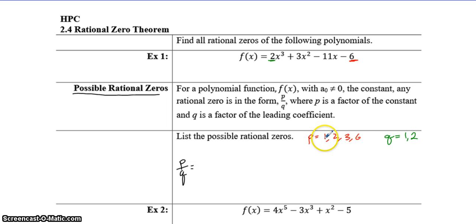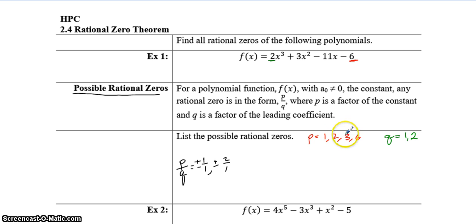So the possible rational zeros, these are the only numbers we could check. I like to do it organized. I like to go through each one of these over the first Q, then the second Q. So I'll go 1 over 1. Now it's also plus or minus, because we don't know. Think about negative 6: is it a positive 1 times a negative 6, or negative 1 times a positive 6? We don't know. So we got plus or minus 1 over 1,